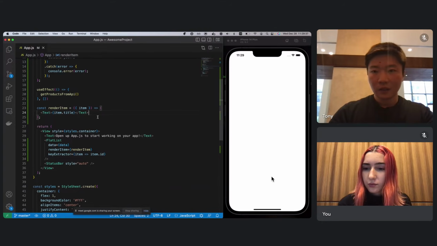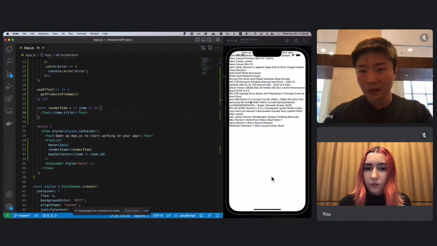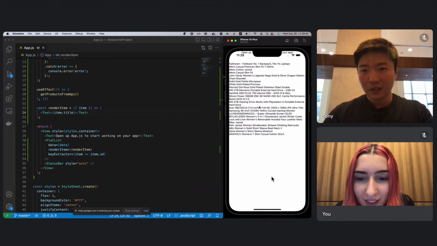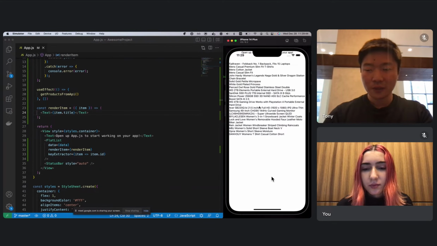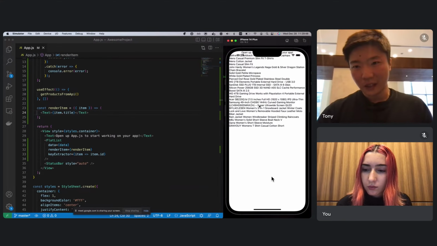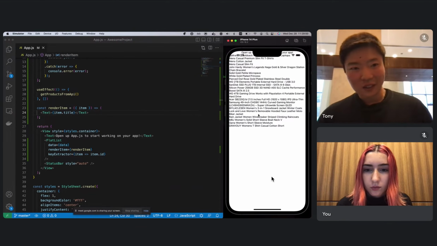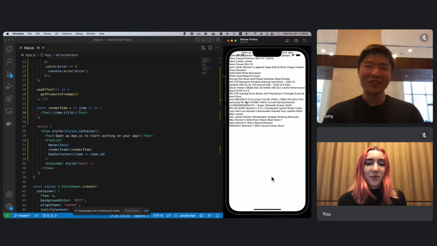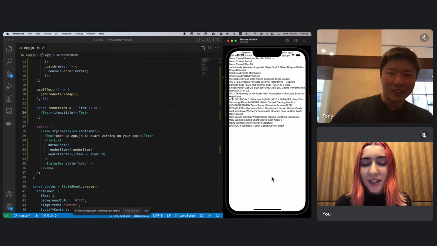Okay, and that should do it. Great, it grabbed all the titles for each element and rendered each in its own row. Obviously no CSS yet, this is just the information.